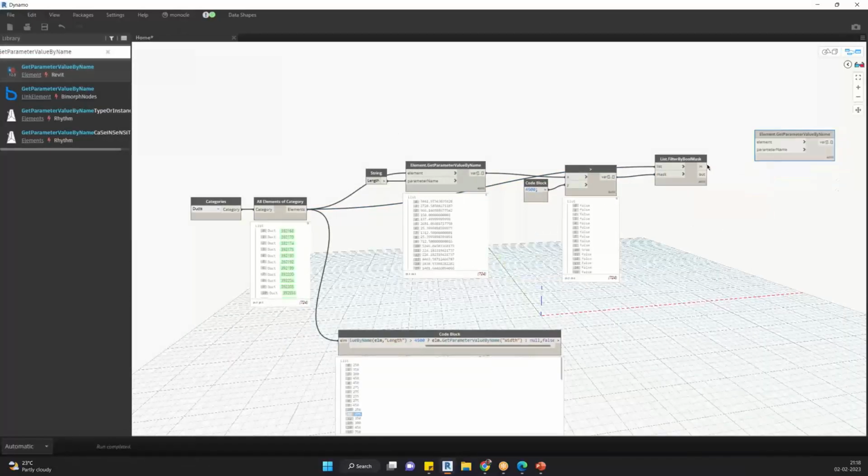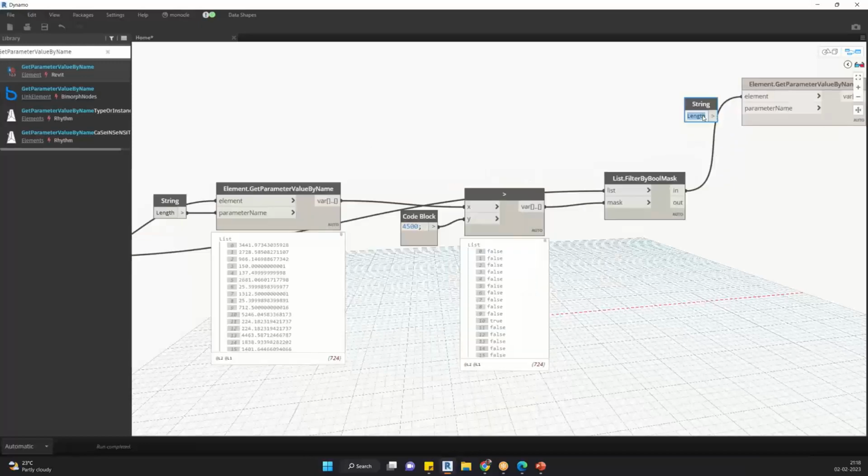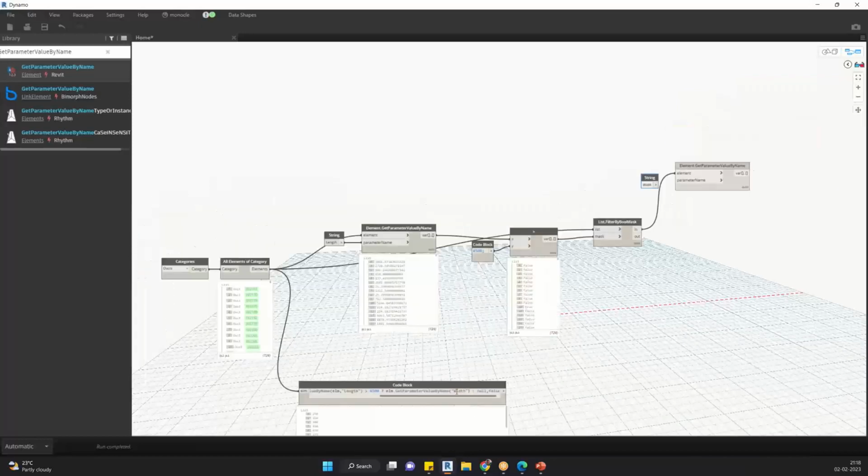I'll get this, and I'll connect this to this, and parameter name. I'm so sorry. Suddenly it got width now. I mean, I can copy the same text from here as well. I want to get the width, paste here,